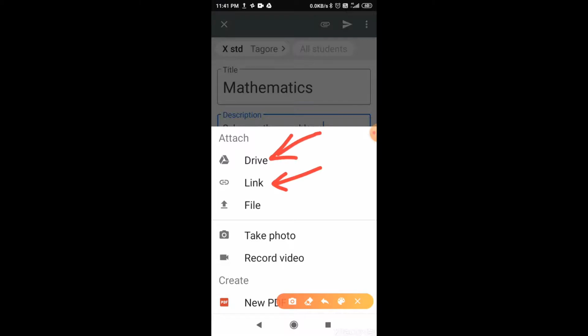If your file is there in the phone memory, you can select it from here, file. If your file is in the paper, then if you want to take a photograph, use this one. And if it is a panoramic photo you want to take, then you want to show your school itself or your classroom, then record video. See, these are the options you can use.